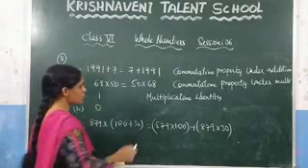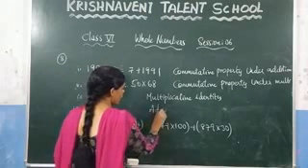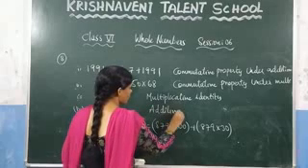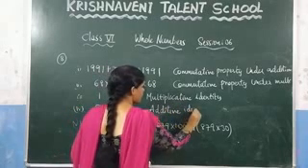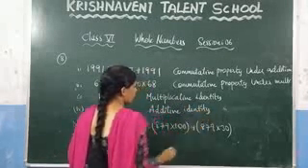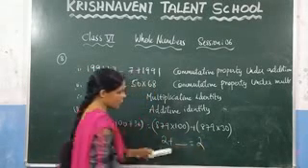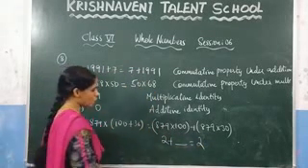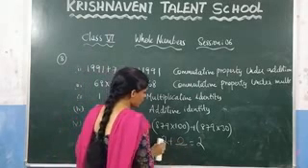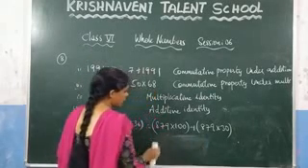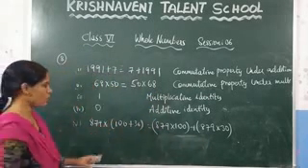0, this one we call the additive identity. What is the additive identity? The same thing: if you consider any number, you have to add one number such that you get the same number. Which number do you need to add here? 0. That 0 we call the additive identity in the case of whole numbers.